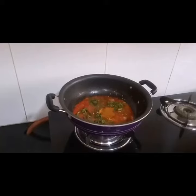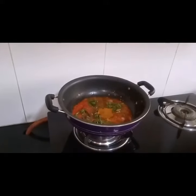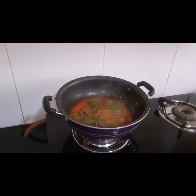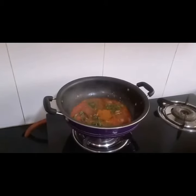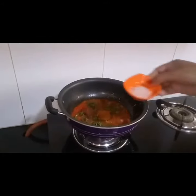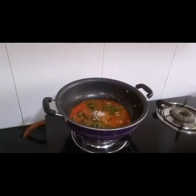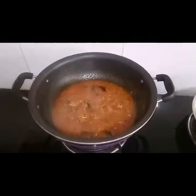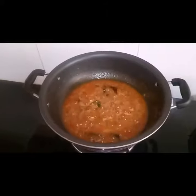Now goes the red chili powder into it, and then later I'm going to add the rock salt. Rock salt gives good taste. Now add a little tamarind juice into it. After adding the tamarind, that should boil